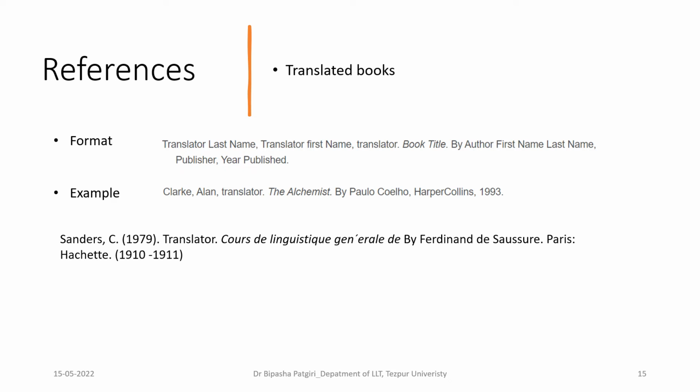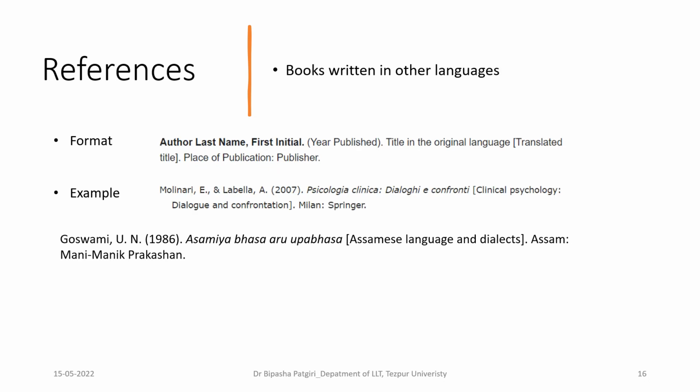Now this is a range of years because Ferdinand de Saussure actually did not publish his work, Cours de Linguistique Générale. What happened was his students compiled a book which became one of the fundamental readings of linguistics, and those lectures were given by Saussure within a year range, that is 1910 to 1911. Anyway, if this kind of book appears in one publication year, just write the single year.